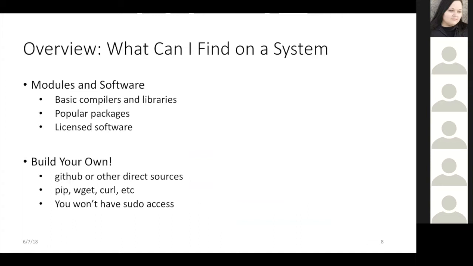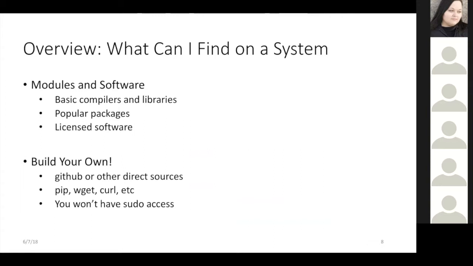We also have modules for a lot of the popular packages, such as Python or LAMMPS or VASP, anything that's relatively common in a variety of fields, we already provide a package for it. We do have some licensed software available, such as MATLAB, but you can also bring in your own software and run it on the machine.